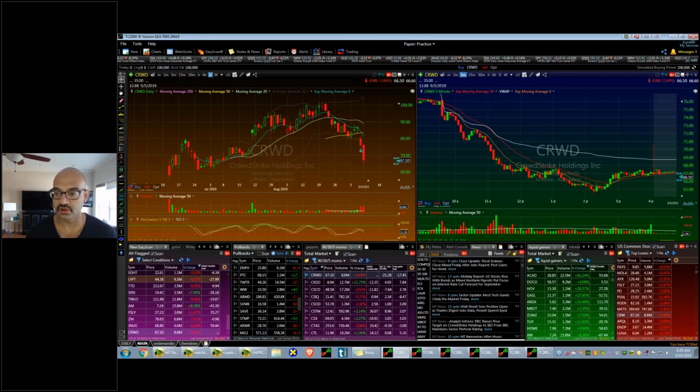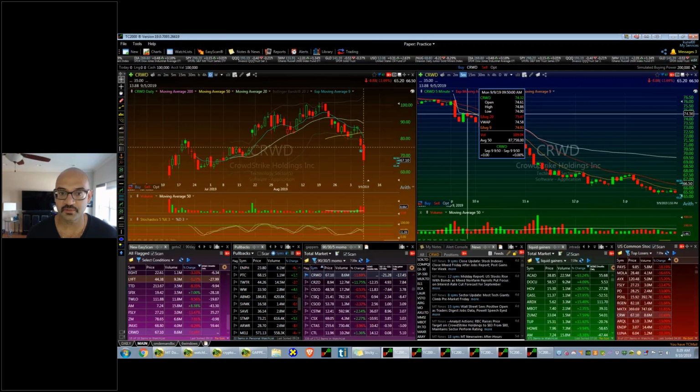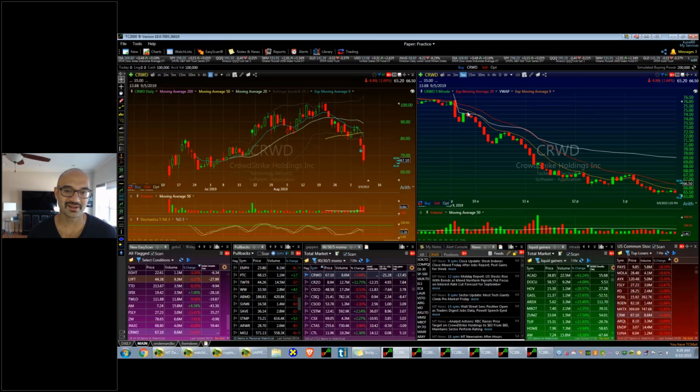So when we do a short price, the VWAP is at 74.56, the 9 EMA is at 74.94. So I'm putting my stop loss right in the middle of these two. That doesn't make any sense, right? Because remember that your resistance points are just magnets. When a stock shreds down, it's just going to pop up into resistance and shred down, pop up into resistance, shred down, pop up into resistance. See how it keeps popping into the 9, popping into the 20 later in the day? So putting my stop loss right in the middle between the VWAP and 9 EMA is just going to be a magnet. And what ends up happening is I just get stopped out on my last half,